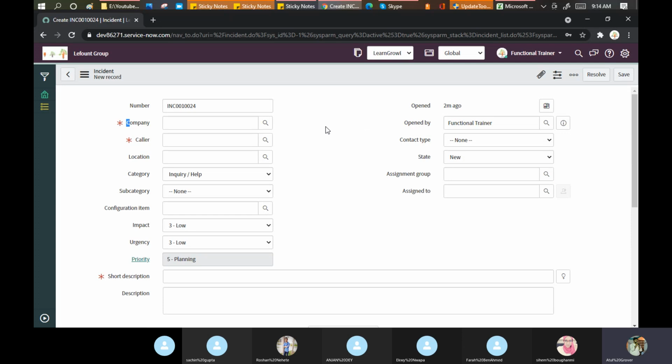So the main point we're going to discuss is what you mean by this magnifier glass. Does anyone have any idea what this magnifier glass indicates in ServiceNow? It searches for that particular option. But it searches what? Results. Okay, but you can search in this manner as well, like in the drop down. Then why do you need this magnifier glass?